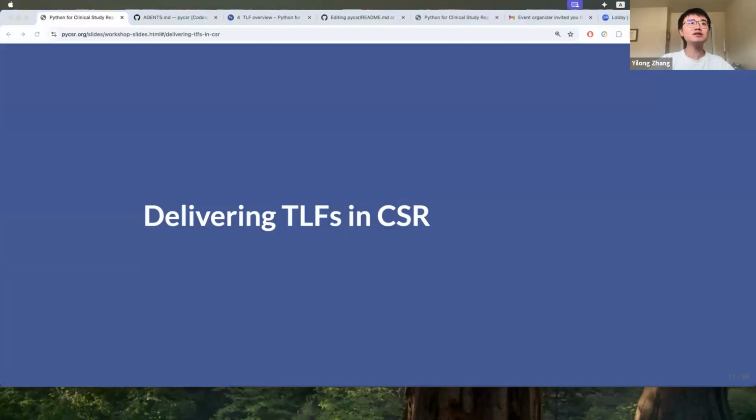Let's start it. Thanks, Nan, for taking the heavy lift about the environment setup, because that's always a hard question when people want to use Python, especially when we think about a clinical trial environment, right? We are always talking about delivering hundreds of tables and figures in a clinical project. So to ensure reproducibility and to ensure everyone is configured in a collaborative environment is critical.